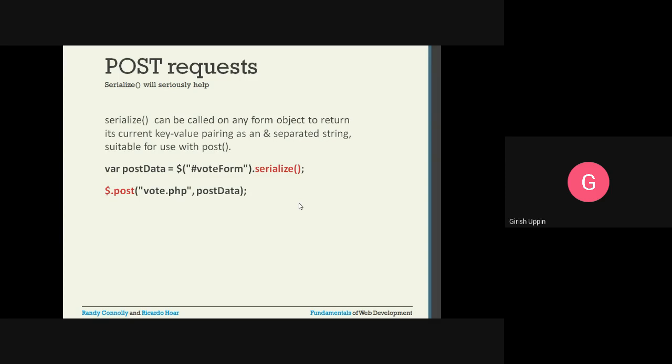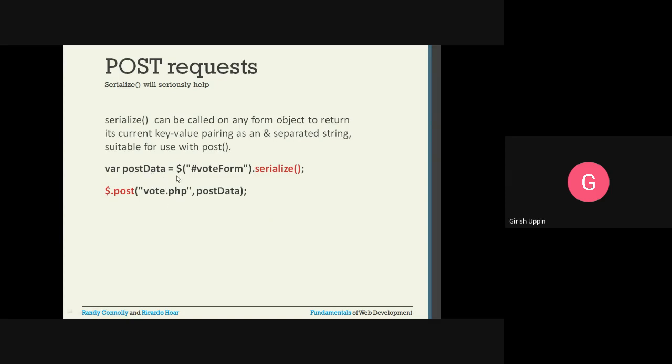It is a good way to convert that particular object into a string that we can send to the server. Serialize can be called on any form object to return the current key-value pairings as a separated string suitable for use with a post method. This is how we are going to use it.